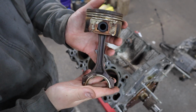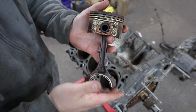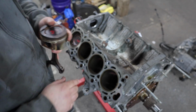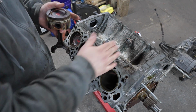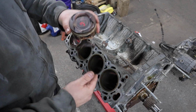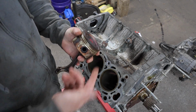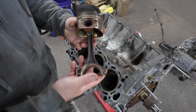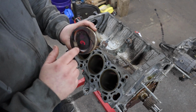Another very important thing to note about the pistons on this engine, or probably most V engines: this piston right here is labeled R. All the pistons on this side are labeled R, and these are labeled L because of the way the valves are. You have different cutouts on the piston. If you put this on the other side, you'll likely have interference and damage your engine. So you need to make sure that you're putting these pistons in the right location,